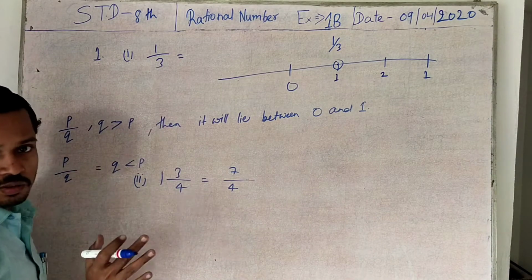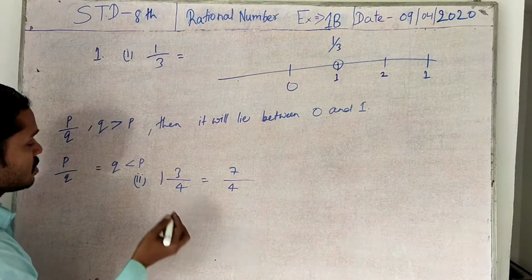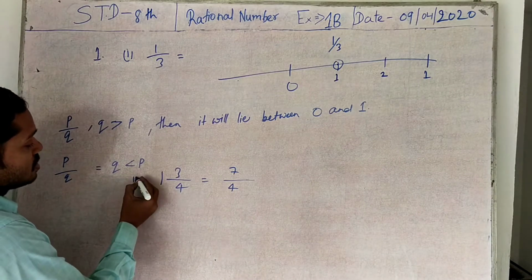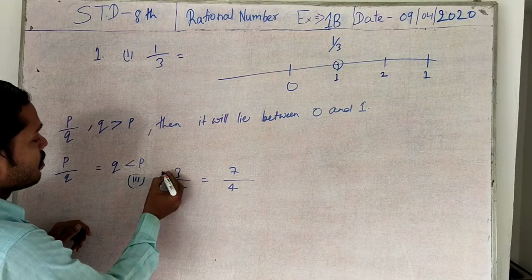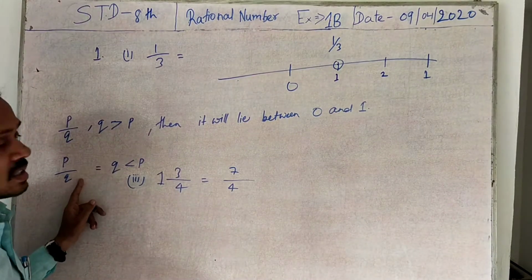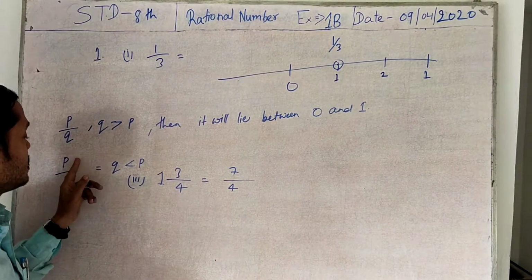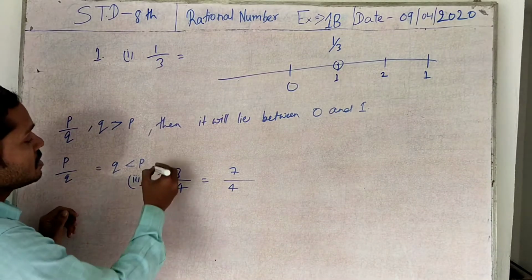Now listen, I am leaving one question. This is not the second question, this is the third number question. I am leaving the question so that you will also have to practice. Therefore, now look, there is 1 whole 3 by 4. Now look at what the question is. What is the format here? The method is that P by Q, if Q is less than P, then